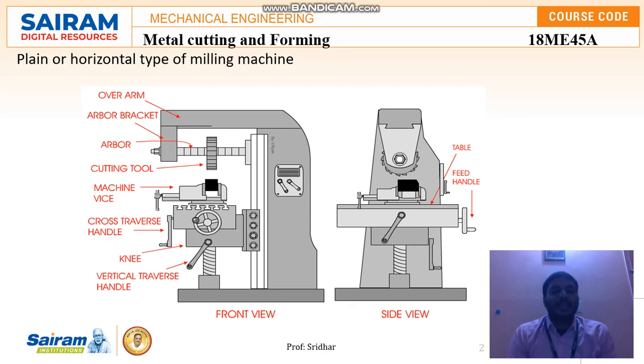So this is how we place the workpiece and the cutter. The main difference between horizontal and vertical is nothing but the position of the spindle. Based on the position of the spindle only, we consider it a vertical or a horizontal milling machine. The functions of these milling machines are mainly keyways, gears, and slot cutting.